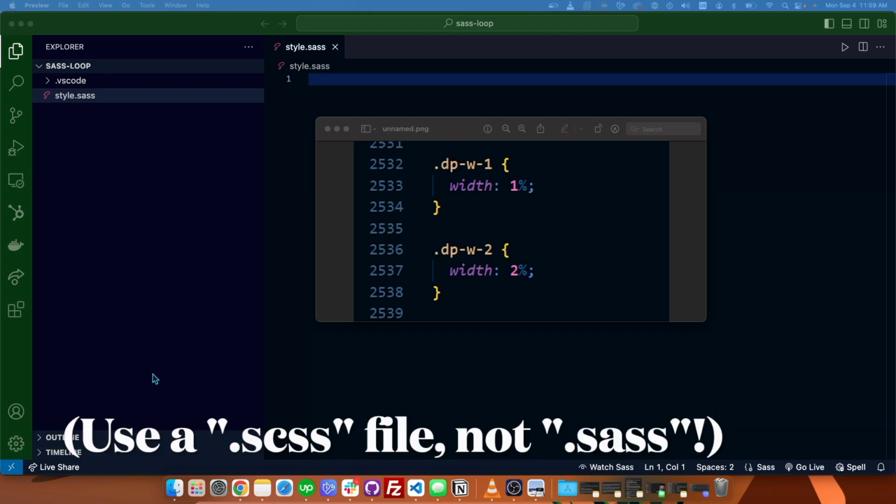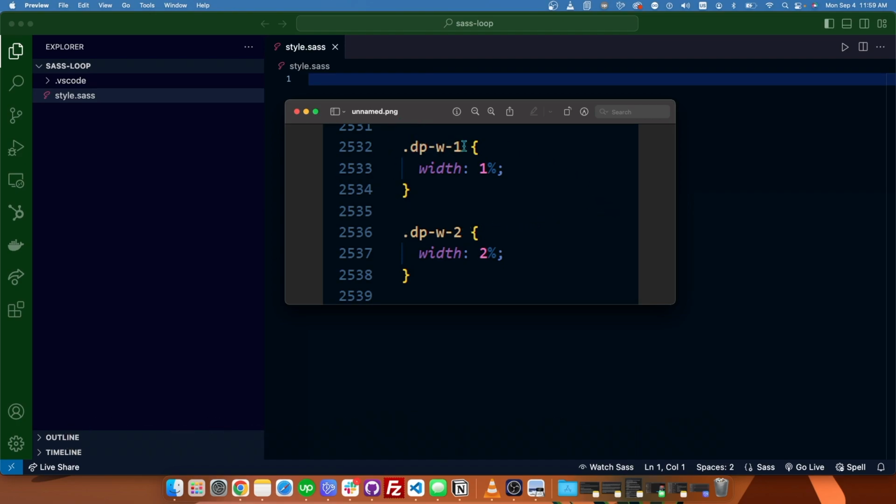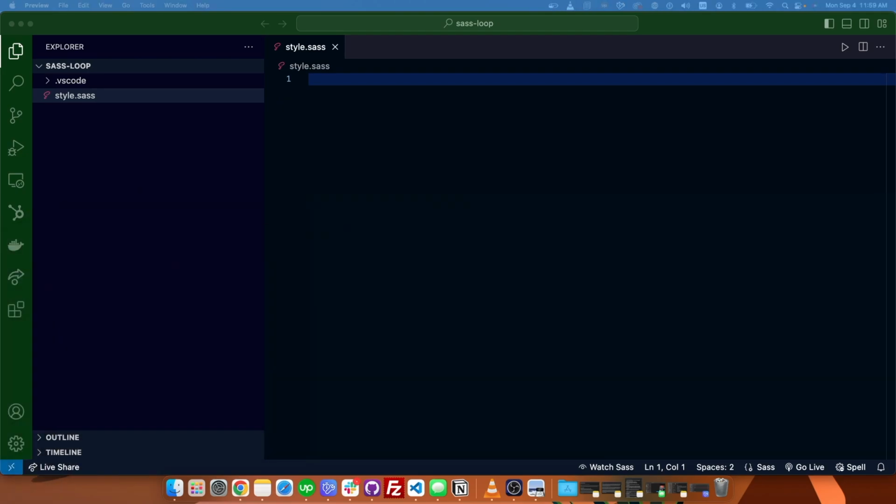Hey there, I want to show you today how we can write a function in Sass to create something that's going to look like this. Basically, we're going to have a dynamic number in the class name, and then we're going to be able to set a dynamic value for the values as well. So we're going to be able to write a bunch of these, as many as we want,